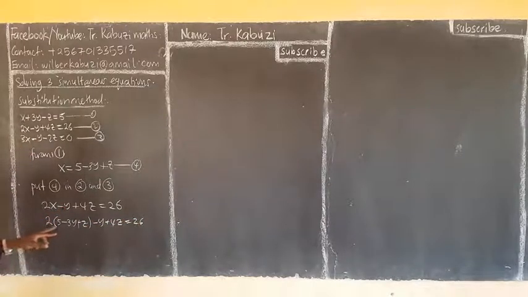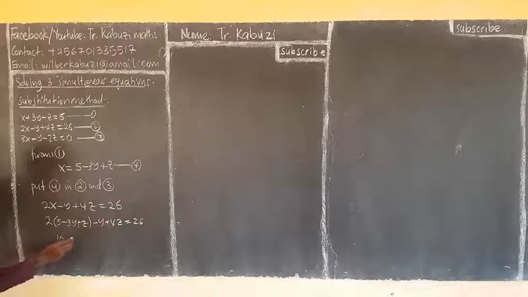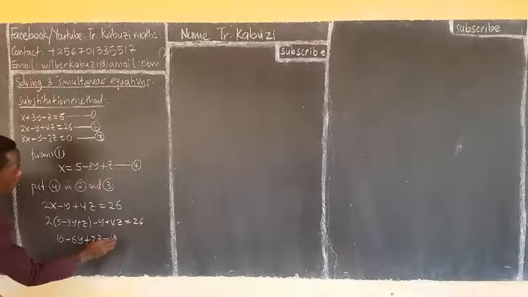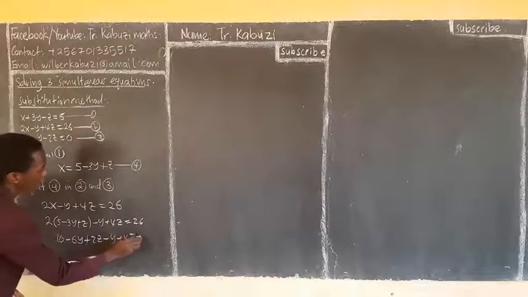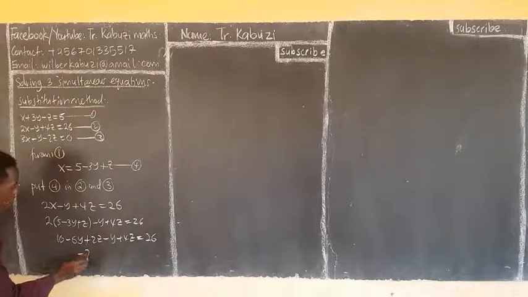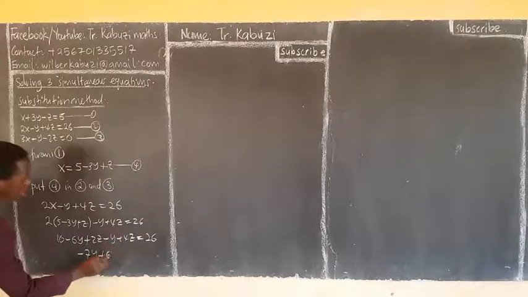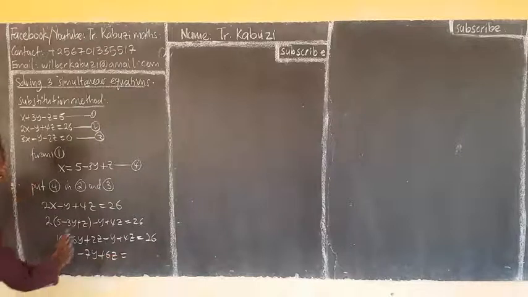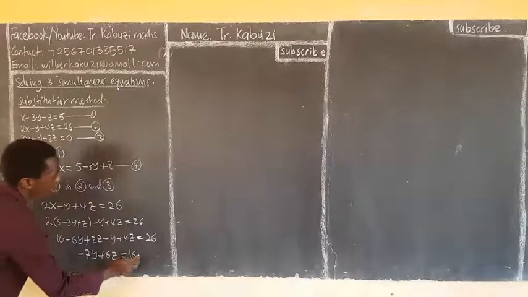Now we simplify, this will be 10 minus 6y, then minus y equaling 26. Now here we simplify, this is going to be -7y, then this one is plus 6z equaling, when I take this side, it becomes 16,